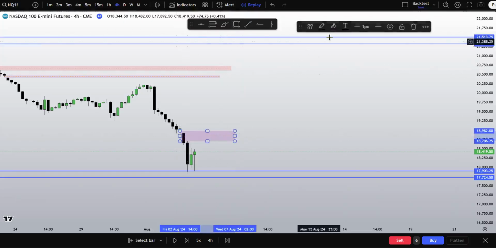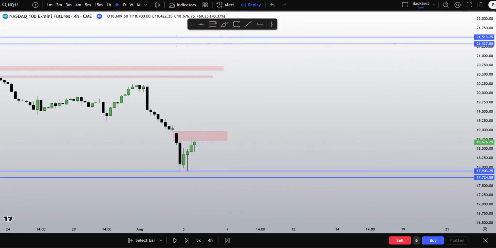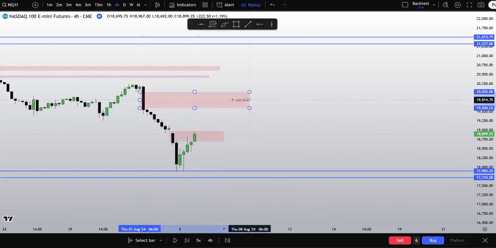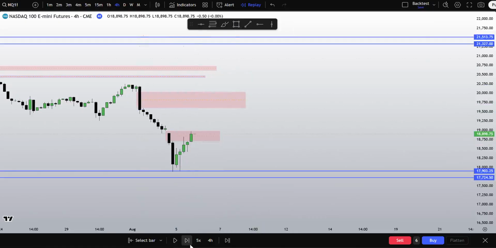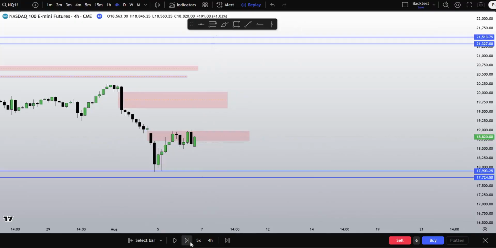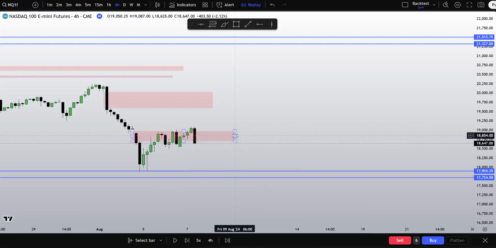I'll take this into account. This bearish imbalance right here. Do we respect it? If we do, then I'd like to see this low. If we disrespect it, then my eyes are at this imbalance as the next draw. Still respecting it as of right now. Once again, still respecting it. We got the disrespect.